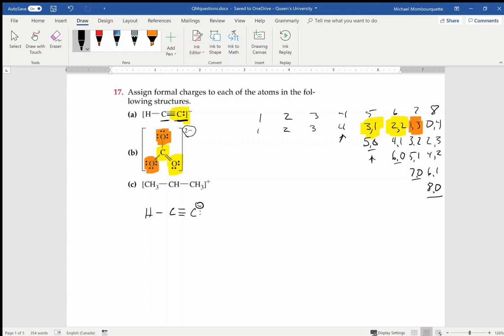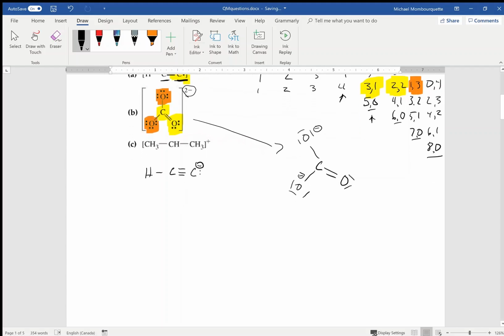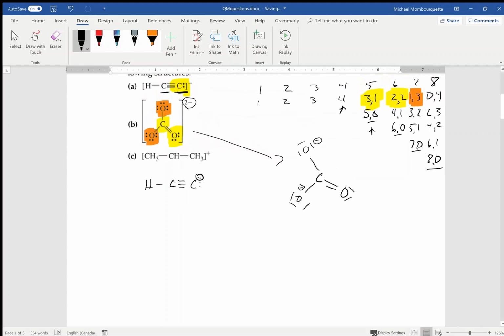So if I was to redraw that one showing the charges, then I'd have carbon double bonded to oxygen with 2 lone pairs. I'd have a single bond to oxygen with 3 lone pairs and a negative charge. And I'd have another single bond to oxygen with 3 lone pairs and a negative charge. So you always circle the charge so you don't mistakenly think it's just another lone pair or something like that. And finally, we have this interesting looking species,